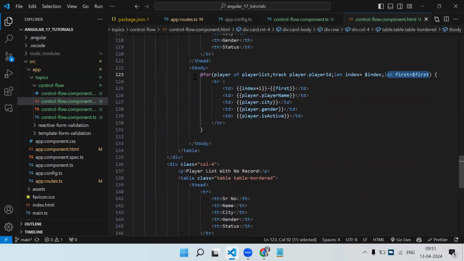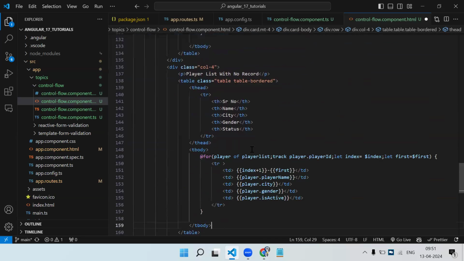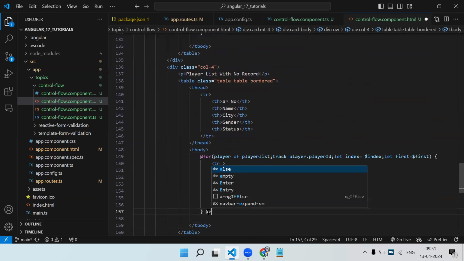Now we just copy this and paste it over here. Now previously, if your table doesn't have any data, we used to check the length, like player list dot length is not equal to 0. So now in the new control flow statement, we have got @empty. Now @empty is something like an else block. After this, empty,